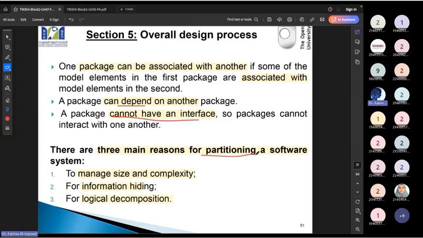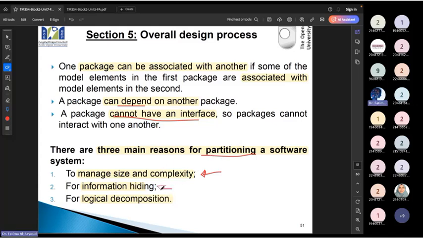If I have a big company, let's assume a university, I have a part for registration and a part for payment. So I'm going to create a package for everything about registration, and a package for finance, so I'm going to manage the size. It's big and complex, so I'm going to partition it.